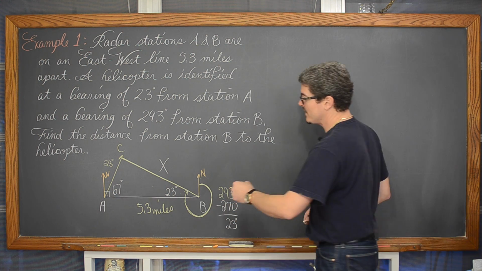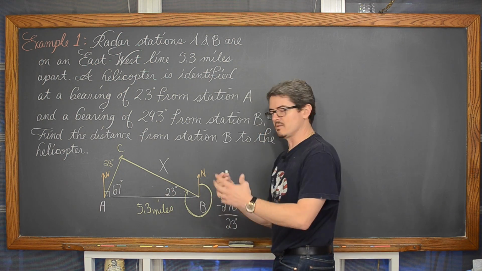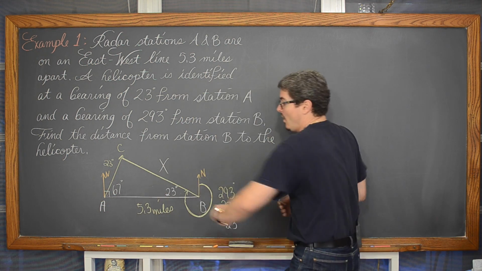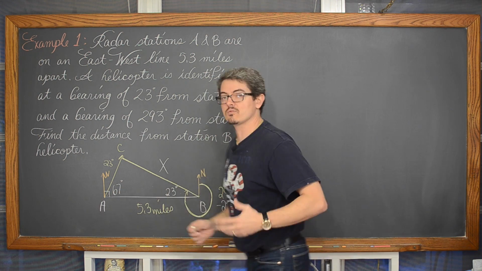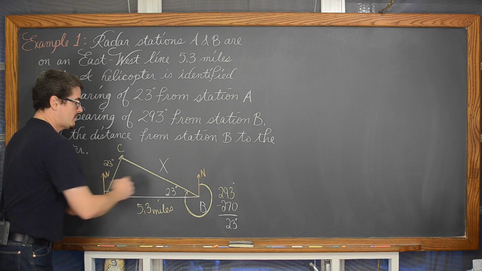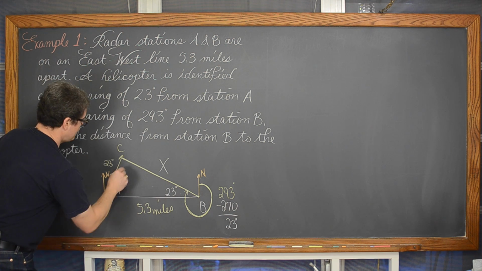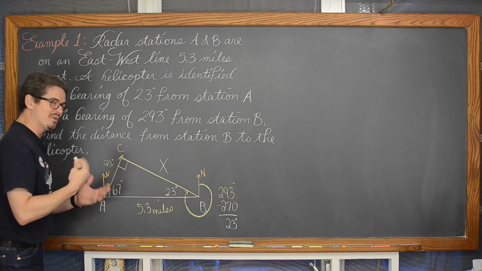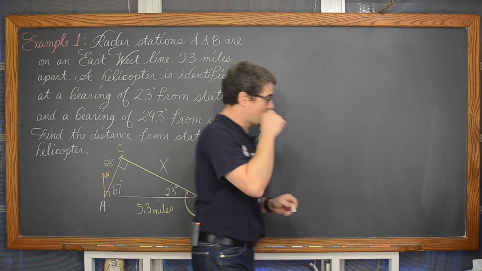Oh, okay, so I can see 23 here and 23 here, and I could just look at that and go 90 degrees. Or 60 and 20 is 80, and now we're at 87, and another 3 is 90. So the two acute angles of this triangle add up to 90 degrees, and there are 180 degrees in a triangle. So the remaining angle is 90 degrees, and thus we have a right triangle.